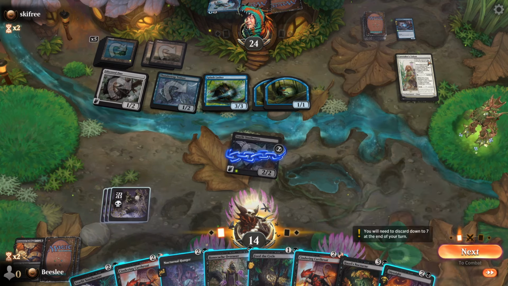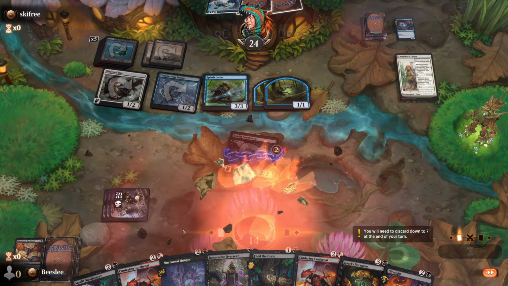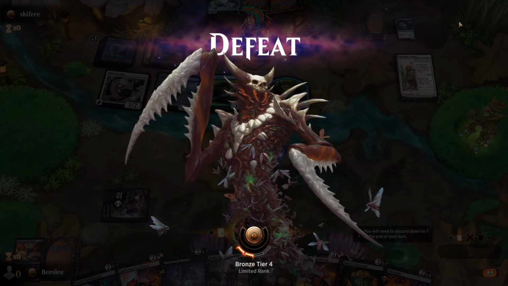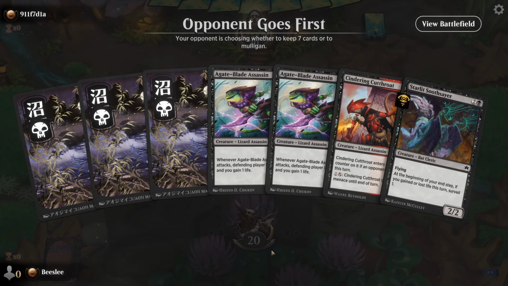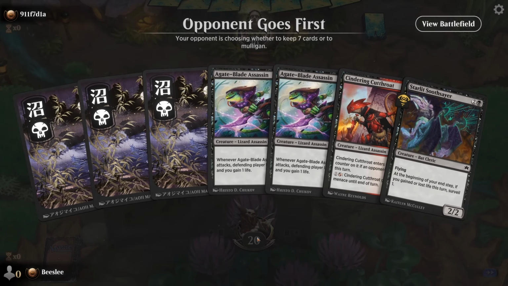Really, really close. I can't go this long without drawing a land. I'm just dead. I'm not going to waste my time now. Alright, I just got completely mana screwed, which, I mean, that's not really a surprise. Well, apparently I have to keep a hand that has 3 lands in it, so...